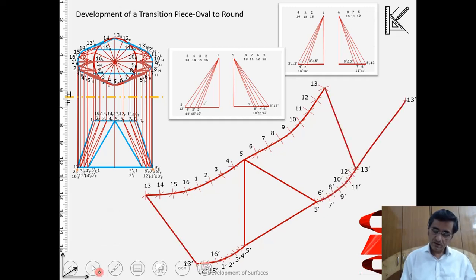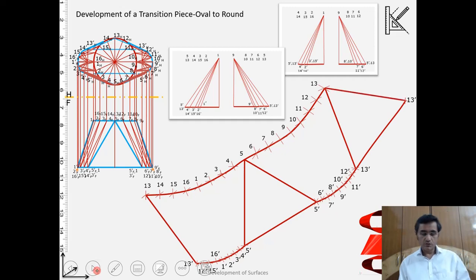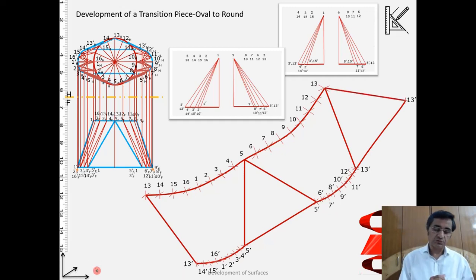Well, this is how the developed surface corresponding to this transition piece from oval to round will look like. Okay, so there are more number of lines in this case. Once you do this problem yourself, the things will become more clear to you.